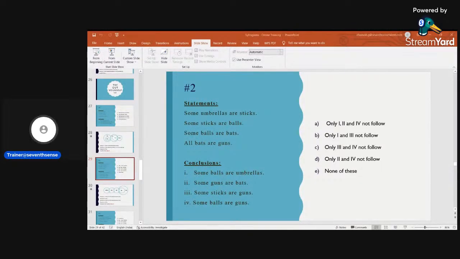And some sticks are guns. No direct connection, it's false. And the next, some balls are guns. Yes, some balls are guns. So only 2 and 4 follow. So the answer is